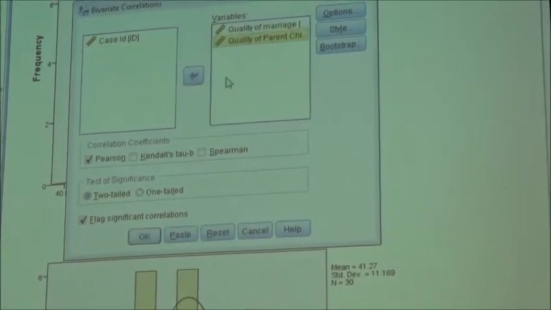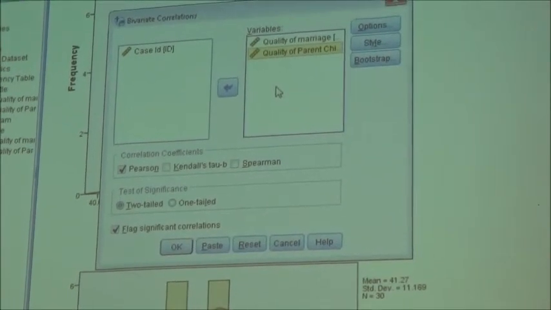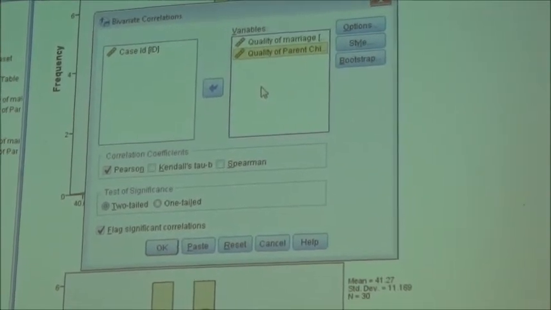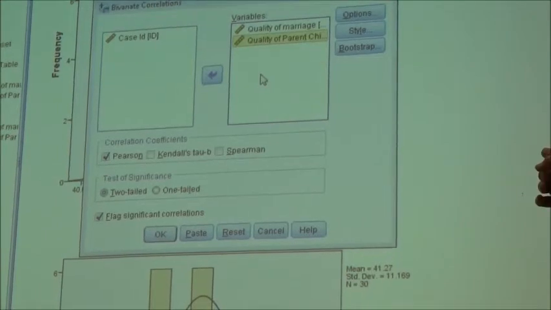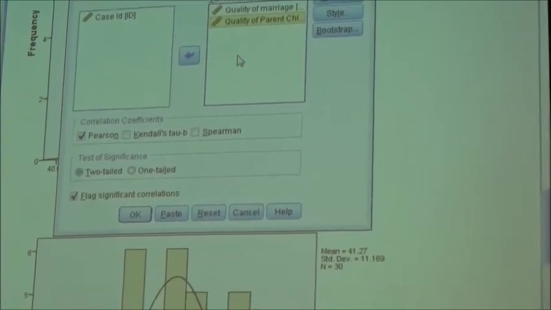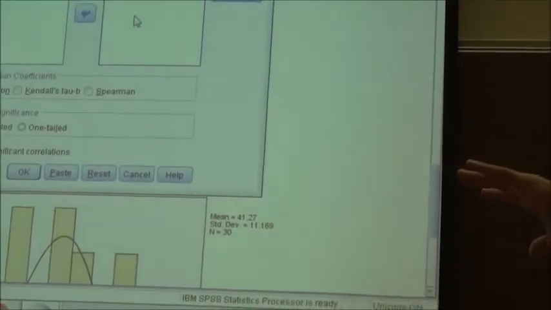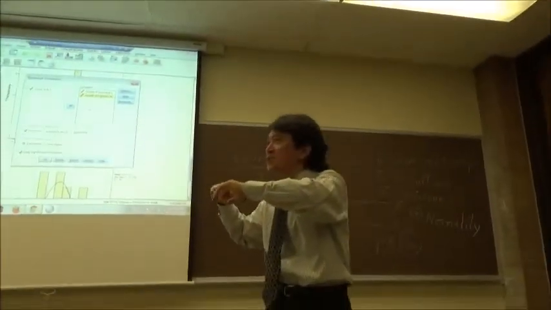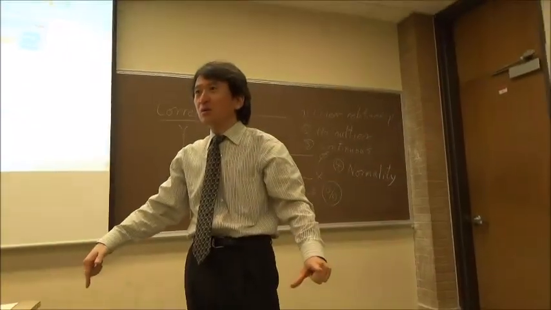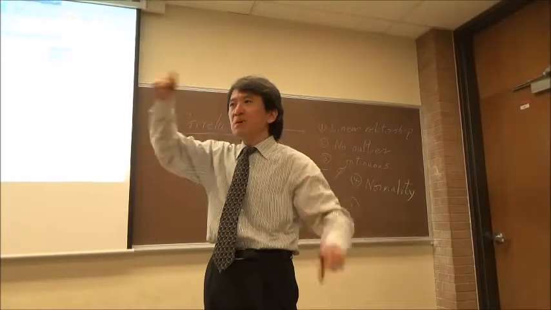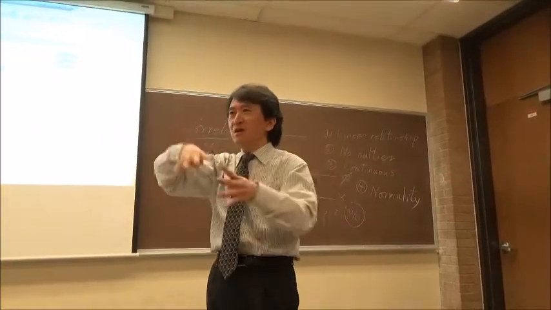Right? With me so far? Now, suppose that you have 10 variables. What you can do is to enter all 10, and then SPSS will give you a huge table, a correlation matrix, a 10 by 10 matrix.